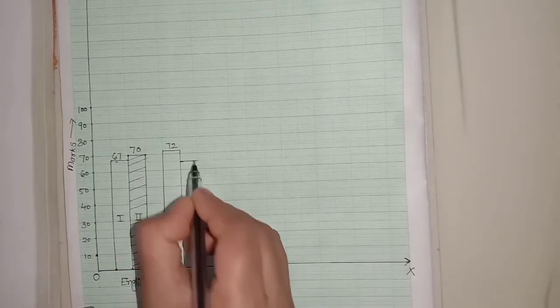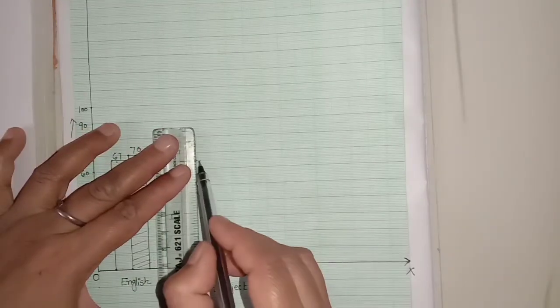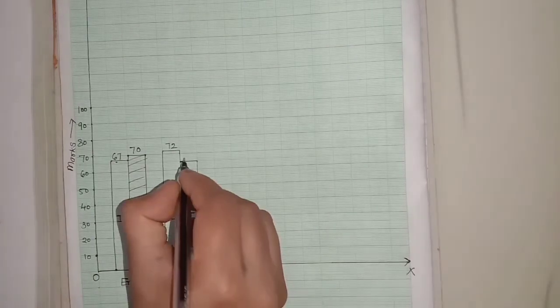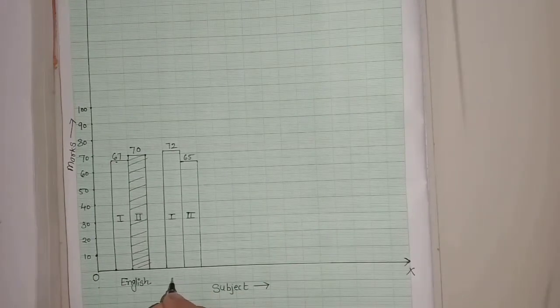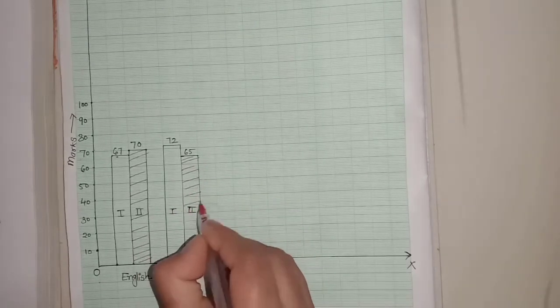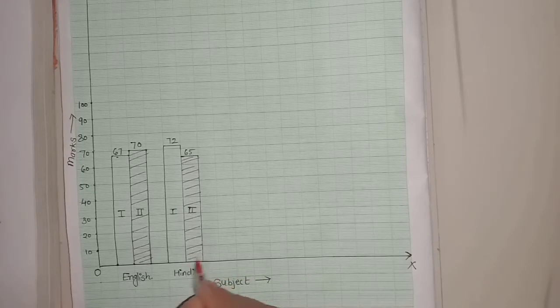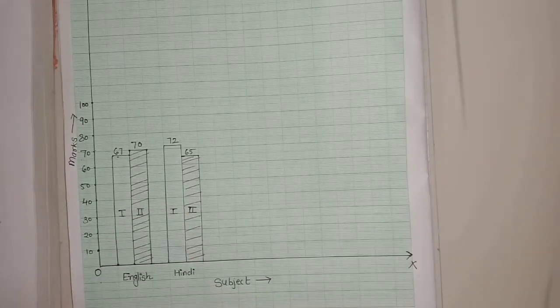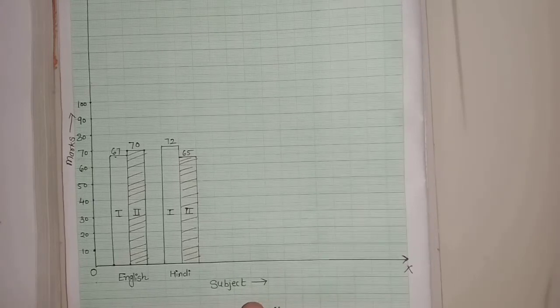Without any gap we will make the term 2 score of Hindi, and in term 2 he is scoring 65 marks. This bar shows Hindi's score in term 1 and term 2. And again for differentiating you can shade the term 2 marks. Okay student, similarly we will make it for maths, science and social science also. Now we will make it for maths.